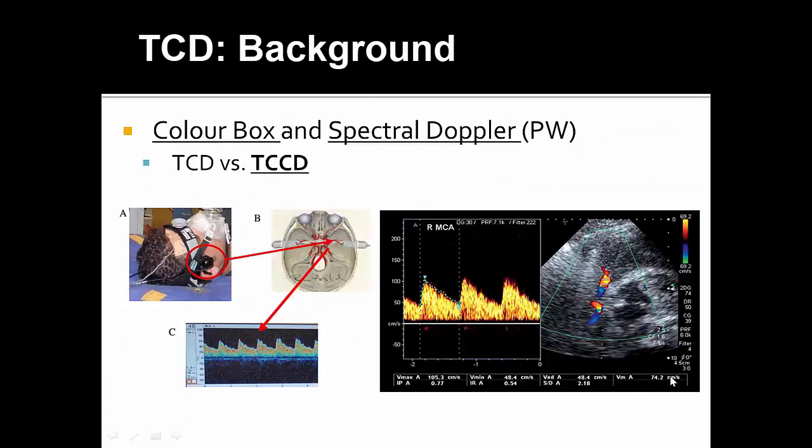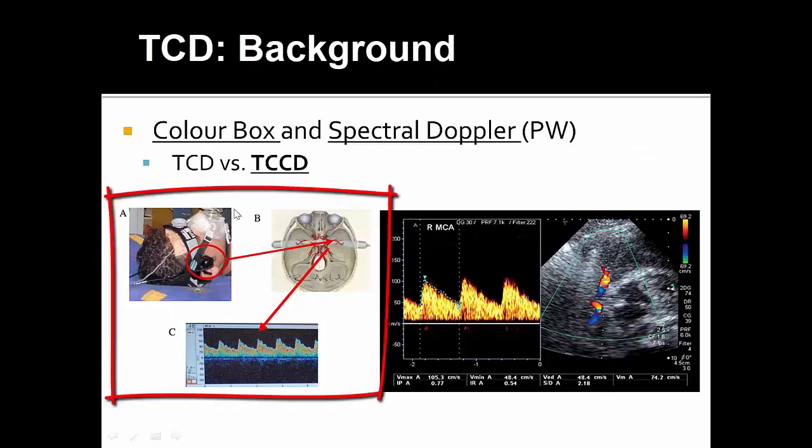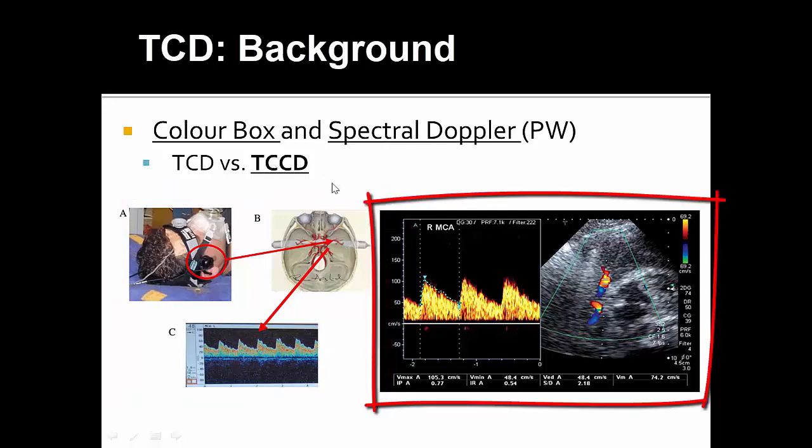Just as a quick piece of background, when we speak about TCD, the traditional TCD is seen on the left here, with a non-imaging probe placed in the transtemporal window that primarily only produces spectral Doppler. Our TCD is actually TCCD, which stands for transcranial color-coded duplex sonography, which includes the color box for imaging, as seen on the right here, as well as spectral Doppler with the pulse wave interrogating here and producing the spectral